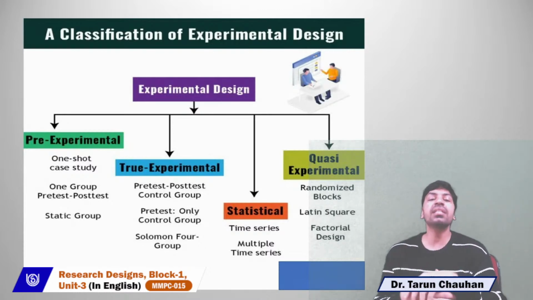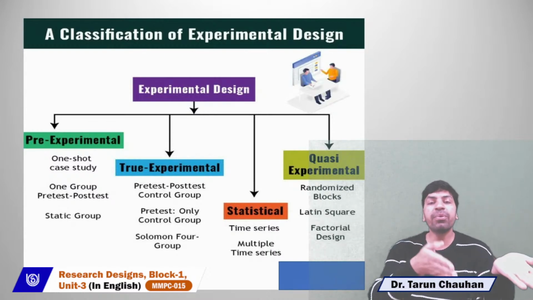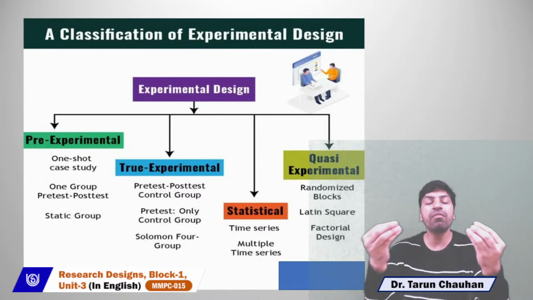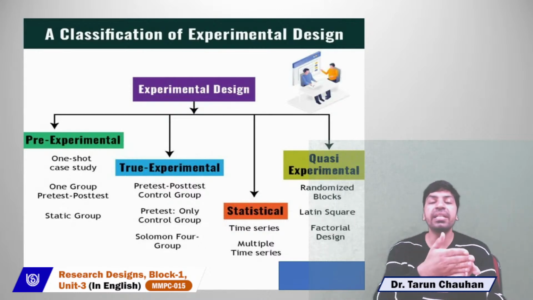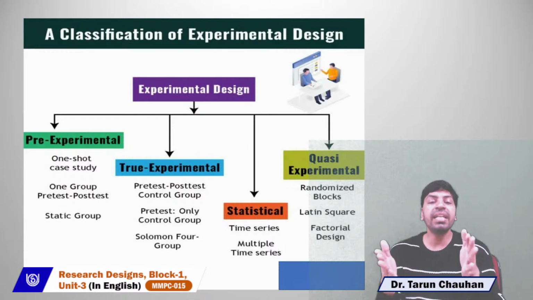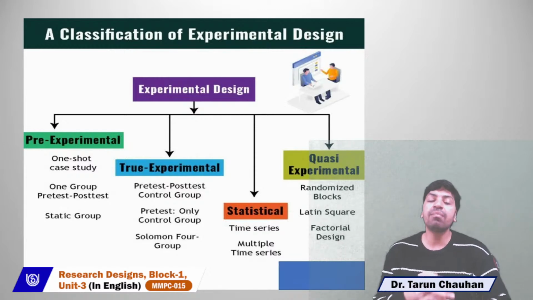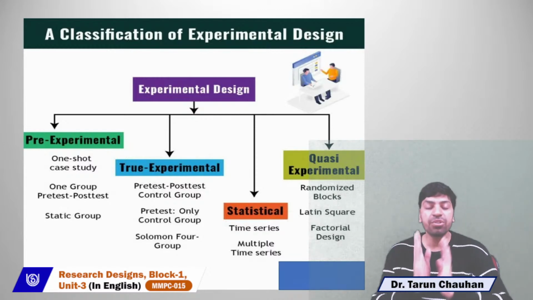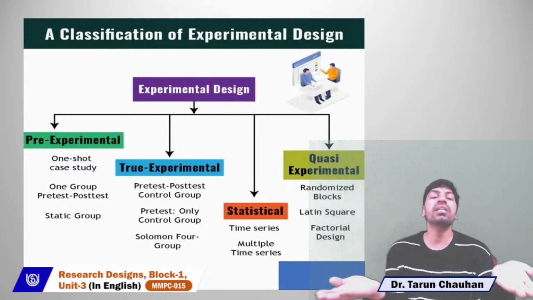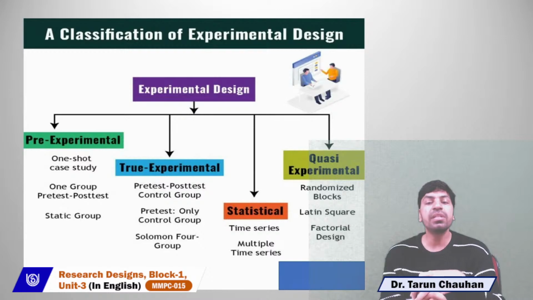Now, how is the statistical test used? It is all about the time series, because, as I told you, in the pre and post testing process, a couple of time periods are used. After the pre-test, you get to know the fever, and personalized treatment is given for 7 days. It's a time series, so statistical tools will be used as a time series and multiple time series analysis to measure such experimental designs. Quasi-experimental designs use randomized block, Latin square method and factorial design. These are called